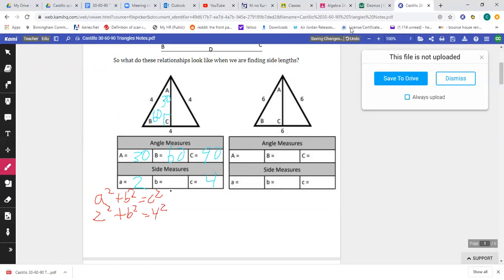And then so what I get is 4 plus B squared is equal to 16. Subtract 4 from both sides. And I get B squared is equal to